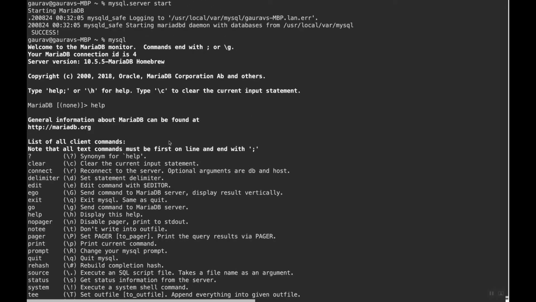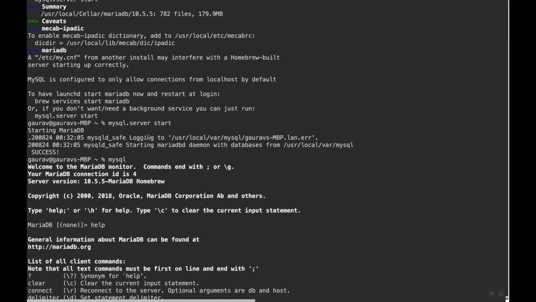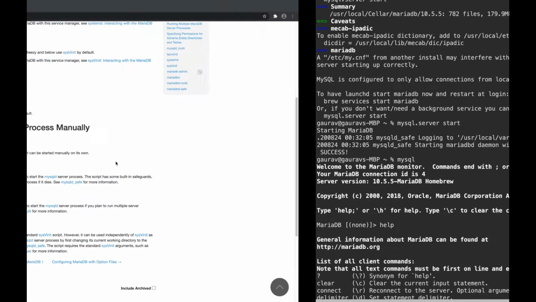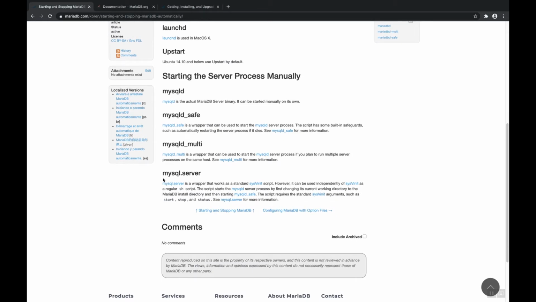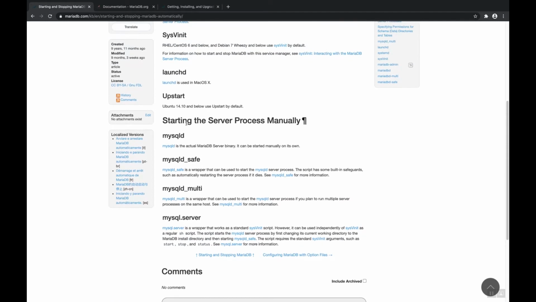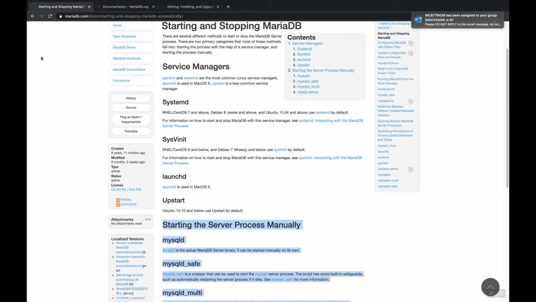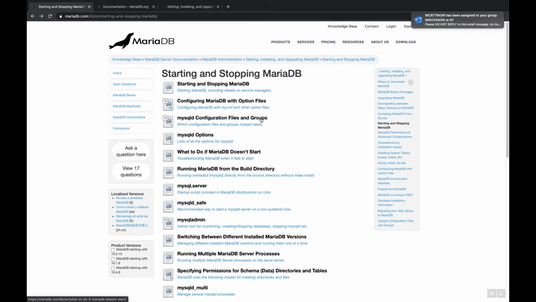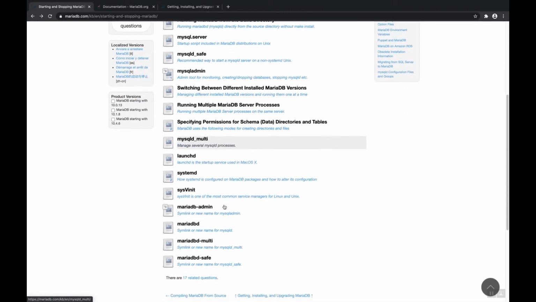When I installed, I ran mysql.server start. It started it up, and you can see it here, and then I ran mysql. There are different options. I used this mysql.server, which works on a sysvinit script. There are options based on your init system, so you can do it. It's a one-time thing, and then there are options like running MariaDB from the build. There are different options for start and stop.